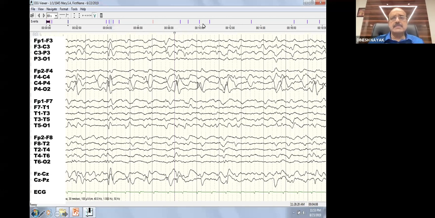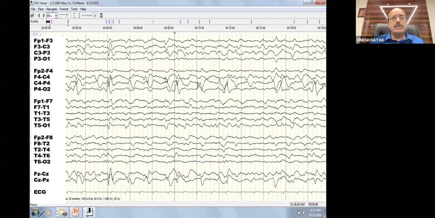So this is a good example of a lateralized periodic discharge. This time it is on the right hemisphere. You can see that it is phase reversing across the parietal P4, and that means the focus is at P4 in this case. And it is going on continuously like that. A little bit of expression is seen on the opposite side also, but that's just an expression, nothing. It is not an independent activity going on.